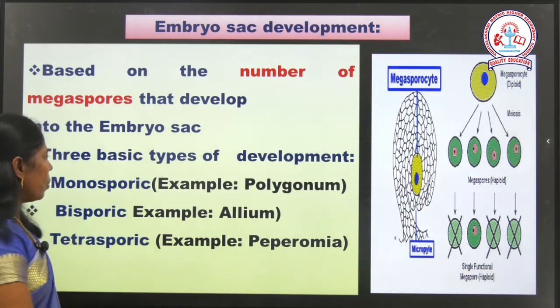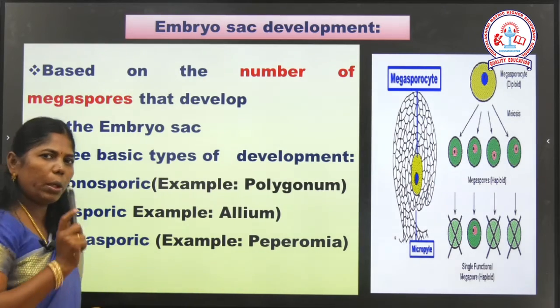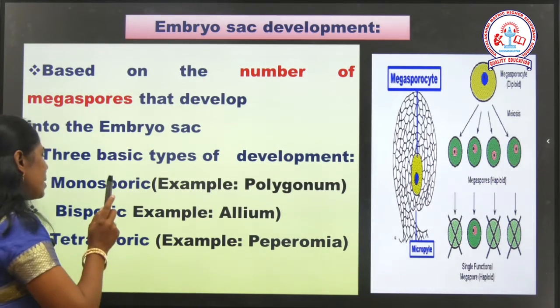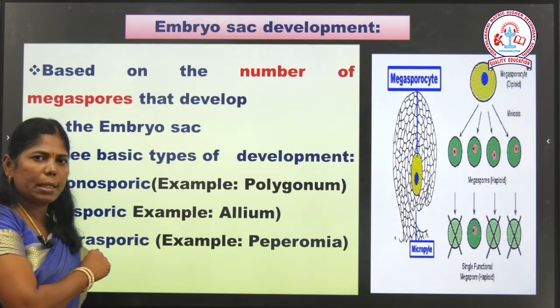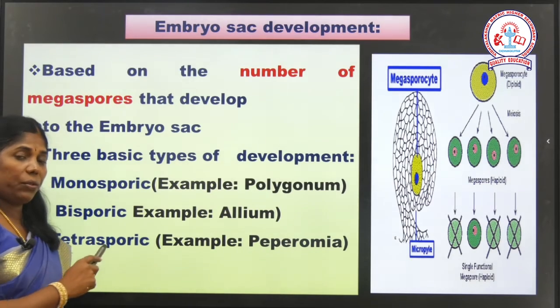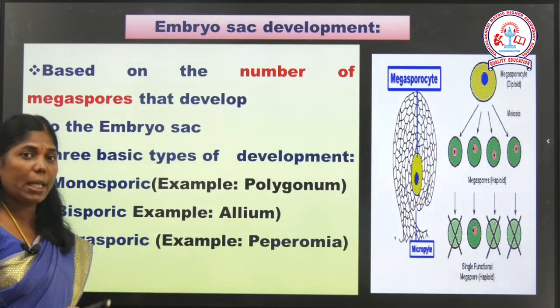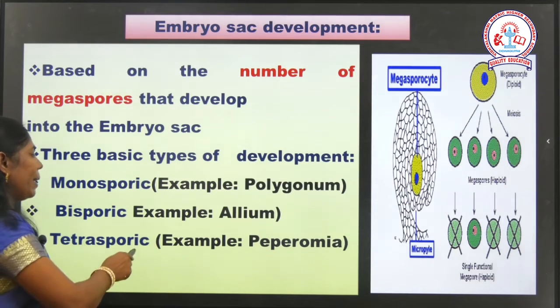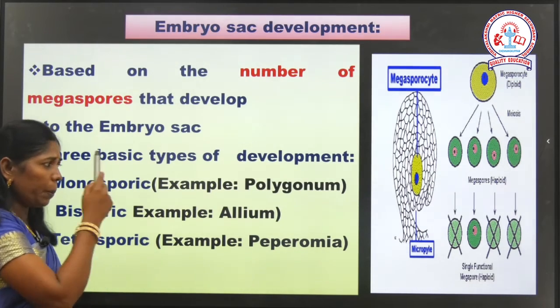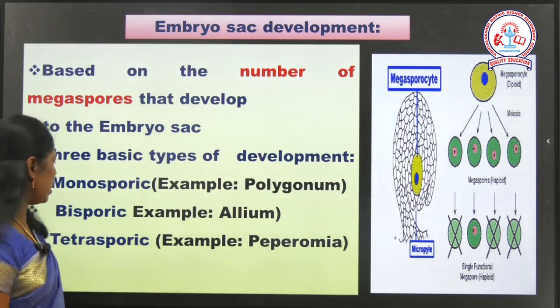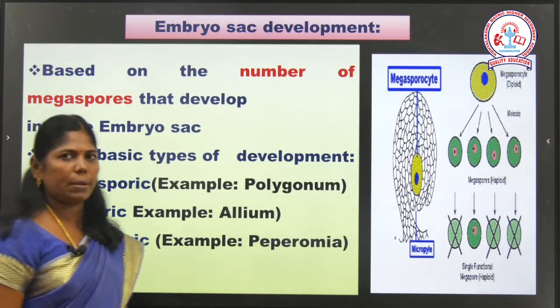monosporic means only one megaspore is involved. If 2 megaspores are involved, that is considered bisporic. If 3 megaspores are involved, that is trisporic. If all the megaspores are involved in the embryo sac development, that is known as the tetrasporic condition. Okay children,